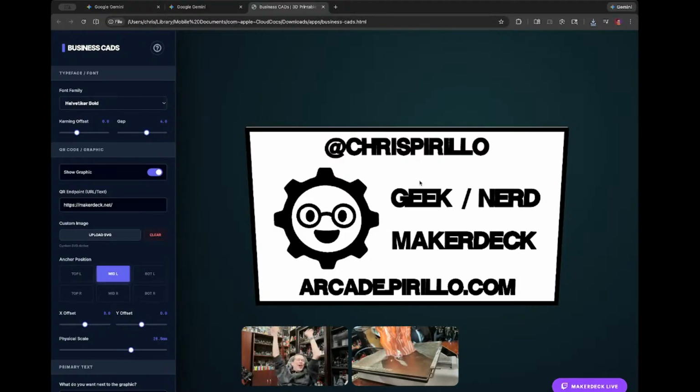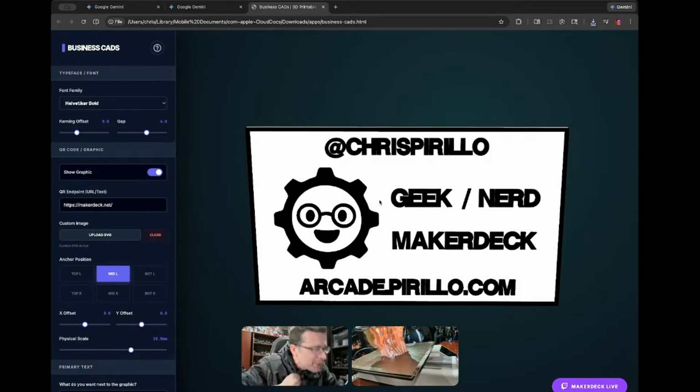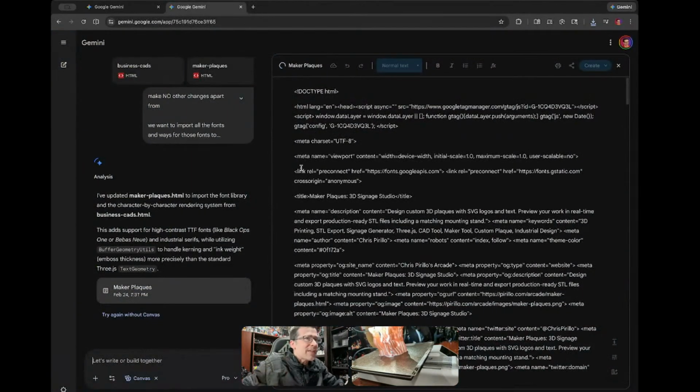Woo! It worked! I knew it was the SVG export. I knew it was the SVG. It's the SVG. So now that I've done that,